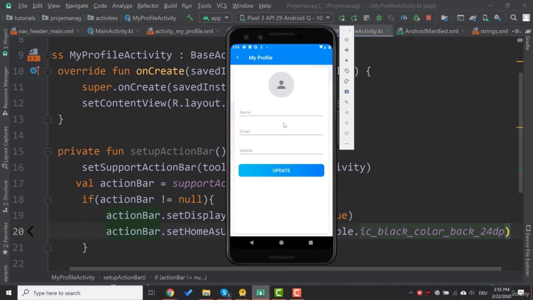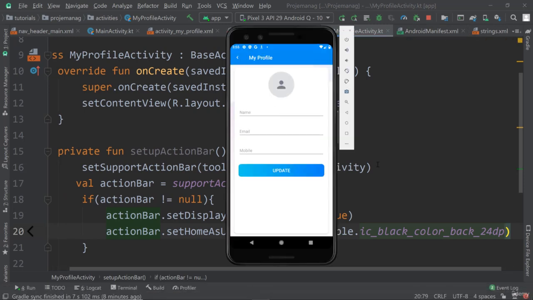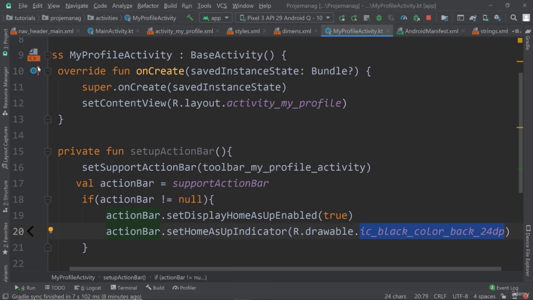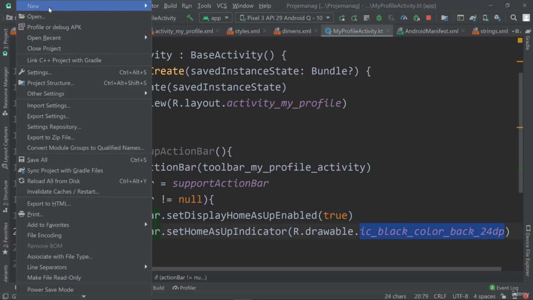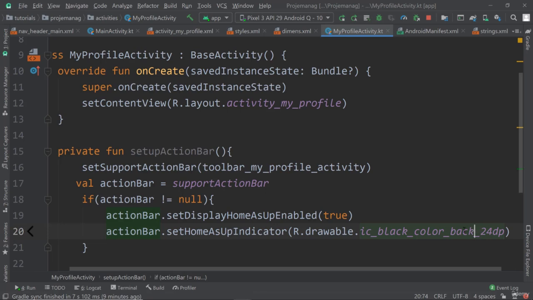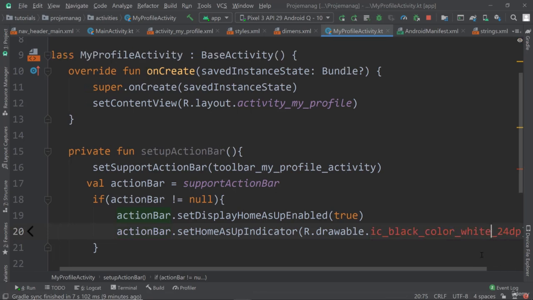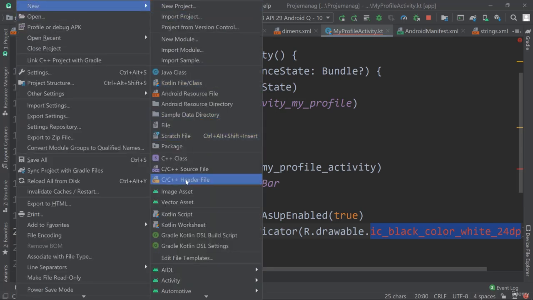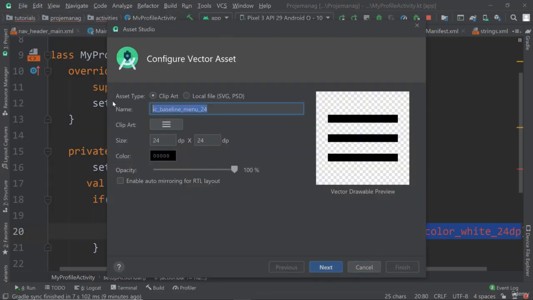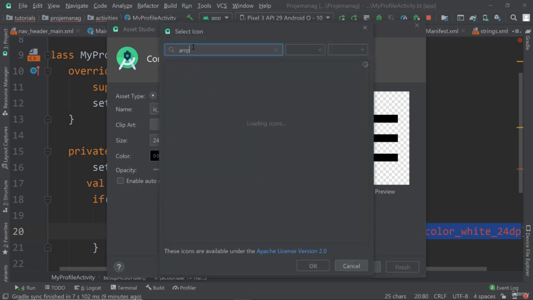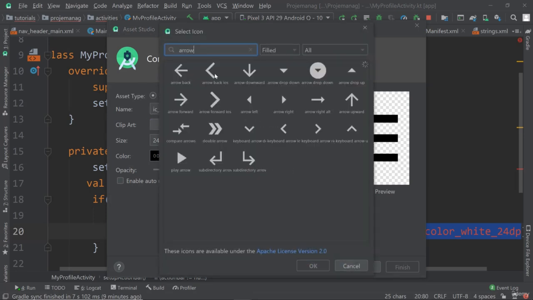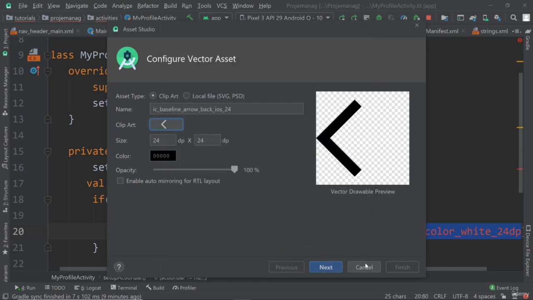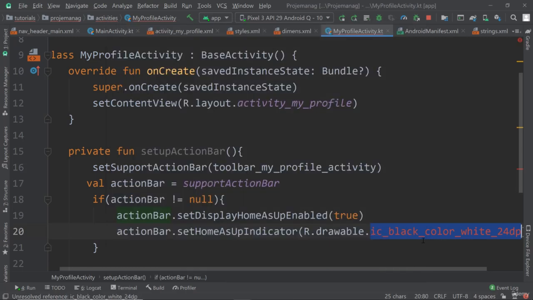even though probably black is not going to be perfect for this case. So if we look at it, we can see that we're using a white color here. So maybe we should use, or we should create another one, which is gonna be the same one in white. Okay, so let's copy this and new, or actually, do I have it already? White? Yeah, no, I don't have it. So let's create the white version. New vector, give it this name, and then it's an arrow, so hopefully we find it. Yeah, it says arrow back iOS. So let's press next, finish, and